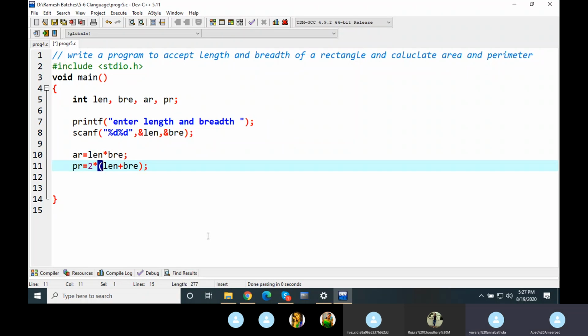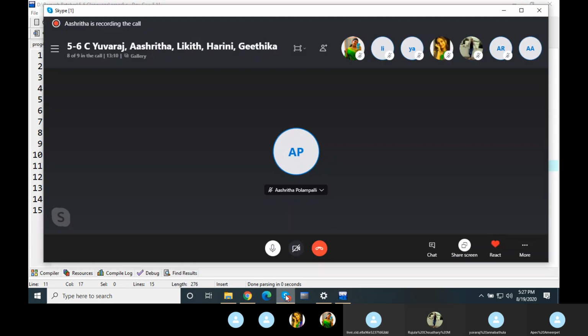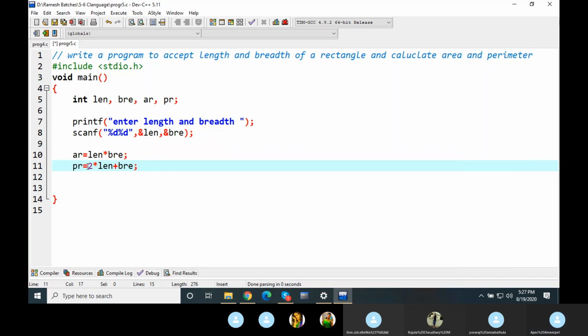Can avoid it, sir. Ashrita, what do you say about this statement? Is this going to be a correct statement? If you write it like this, for example, suppose length was 5 and breadth was 3. So 2 into 5 plus 3.